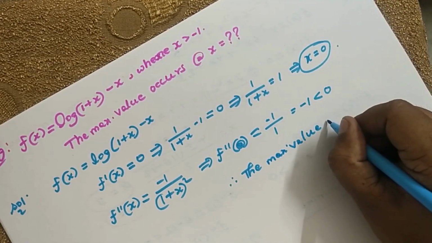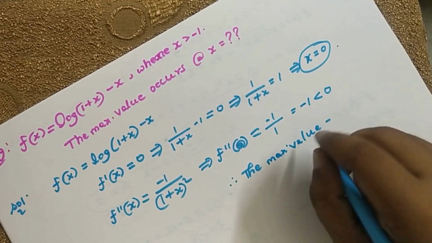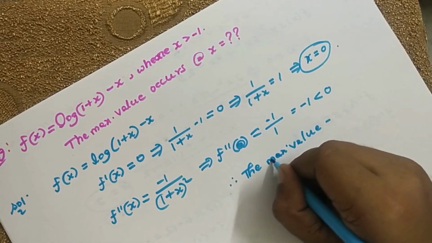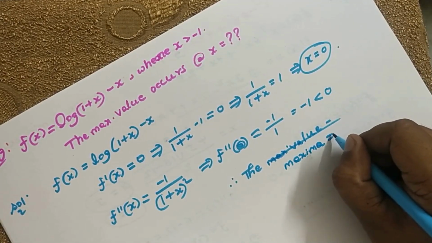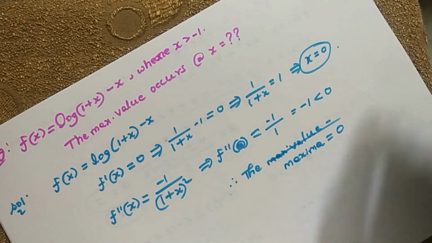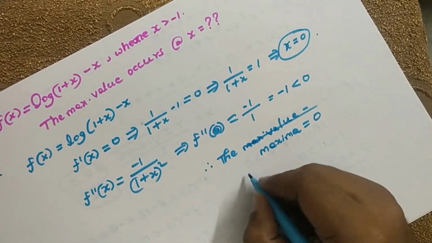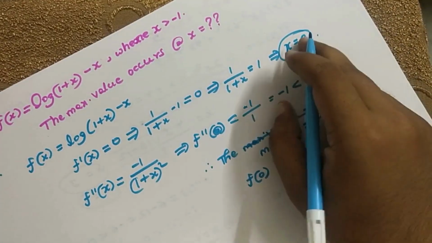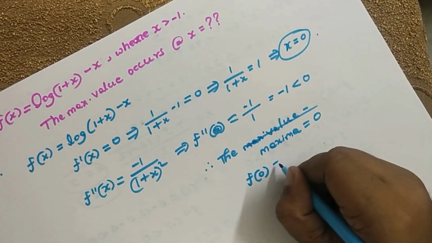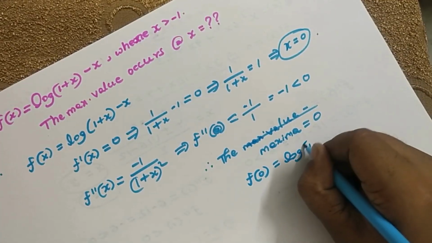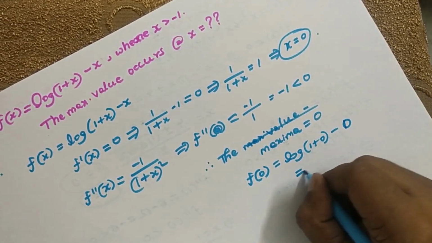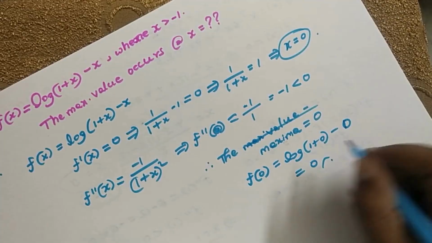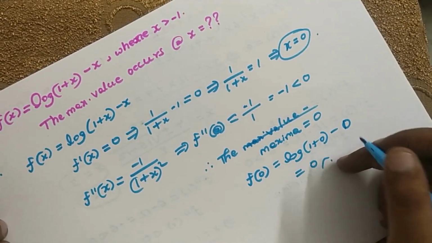The maximum point, the maxima, is at x equal to 0, and we have to find the maximum value at that point. We have to find f of 0, and simply substitute in the given function. So that will be log of 1 plus 0 minus 0, which will be 0 only. So this is the maximum value of the given function. Alright,